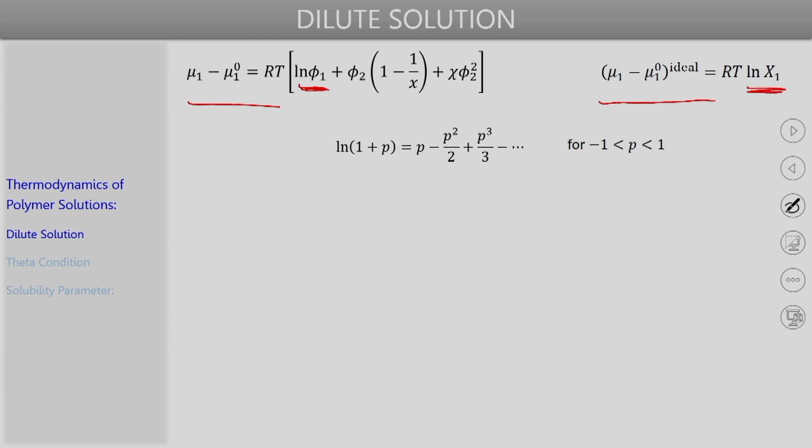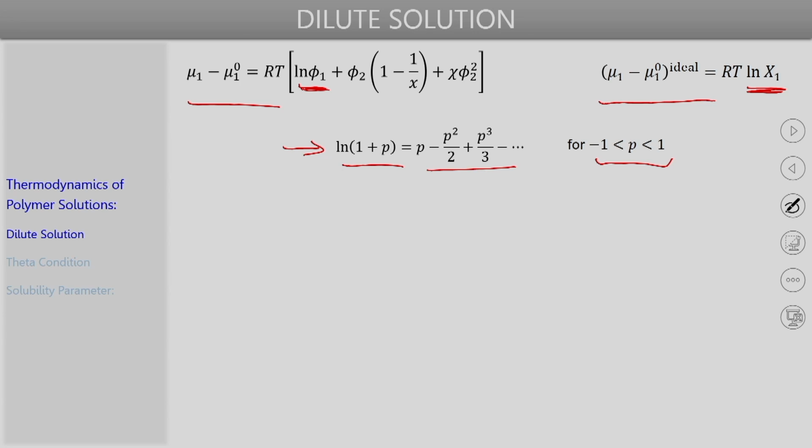Before we move on, there is one Taylor series kind of expansion that we will be applying in the next few steps. So, let us just look at that mathematical result. The result states that the natural log of 1 plus p, where p is any variable whose value lies between minus 1 and plus 1, has the expanded form p minus p square by 2 plus p cube by 3 minus p to the power 4 by 4 plus p to the power 5 by 5 and so on. So, it is an infinite series, and that is how the log of 1 plus p can be represented.